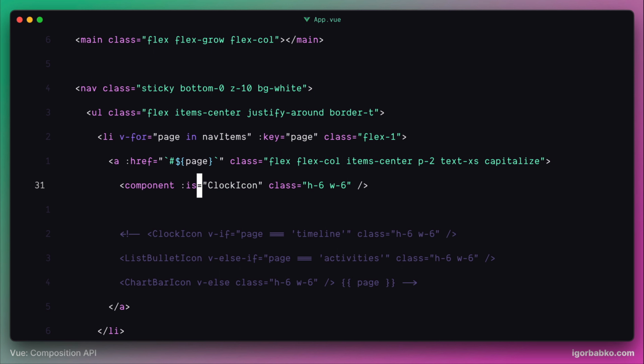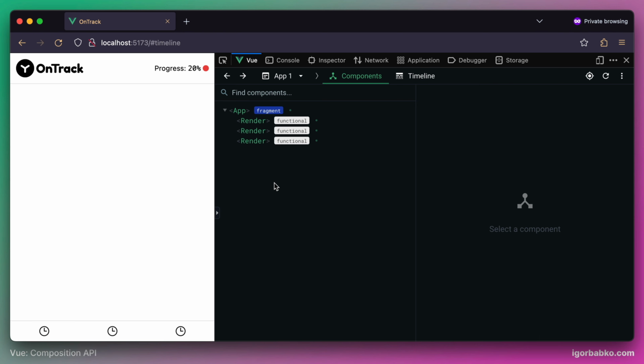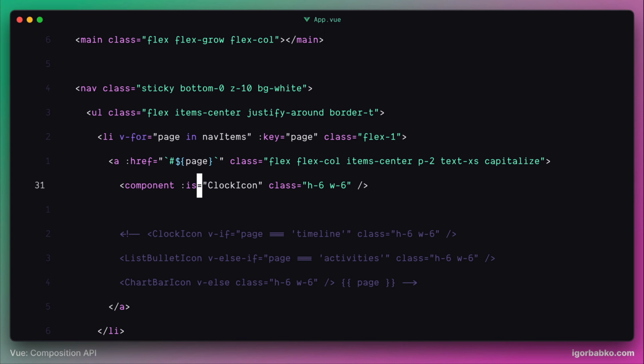And now if we're gonna take a look in the browser, we're gonna see that exact same icon was rendered 3 times, because we had 3 loop iterations. Let's fix that, but before, we're gonna use interpolation in here and print correct page name by using curly braces. And now inside of this is attribute, we have to specify the value, which will be different on every loop iteration. For this we're gonna use icon variable,